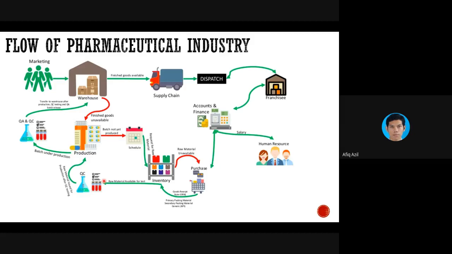But if you did your PRP in industries, you will rotate through several departments. I think 3 months, 3 months, 3 months like that. After 3 months, you will go to another department, or maybe after 6 months. After finishing your PRP, then you will get to choose which department to stay in.